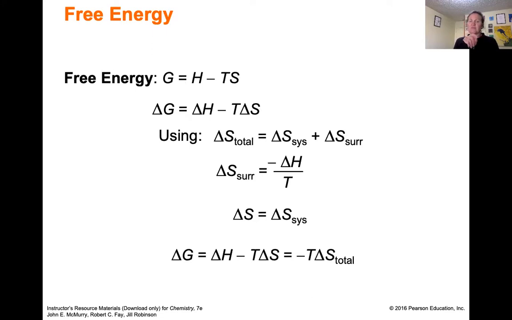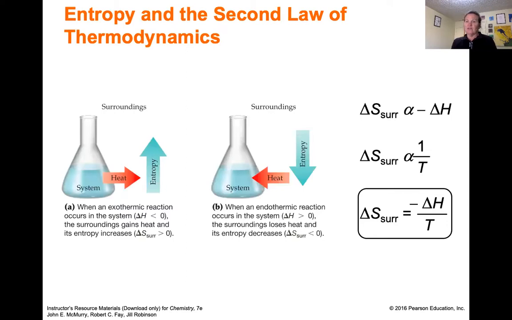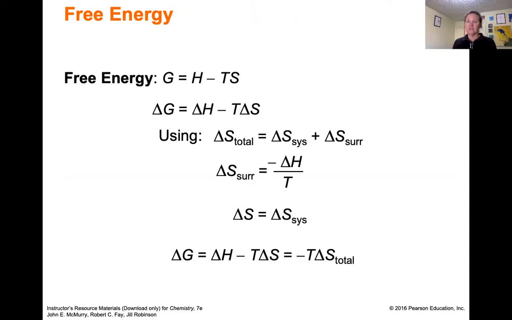And now if we think from physics, we know that the total entropy changes if the system's entropy changes and the surroundings. And we just went through a process of showing that the surroundings entropy change can be related to the system's enthalpy change. So delta S for the surroundings is equal to negative delta H of the system divided by T. And the second from last line is showing you that when there is no subscript, we're referring to the system. So delta S system can be replaced with just delta S.